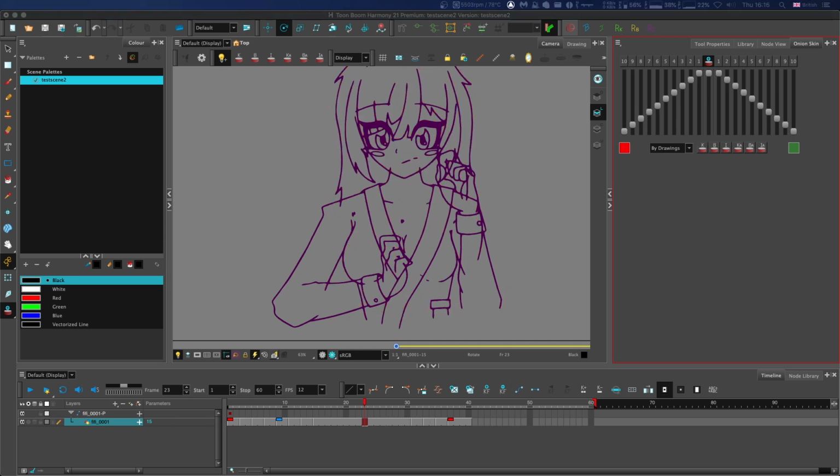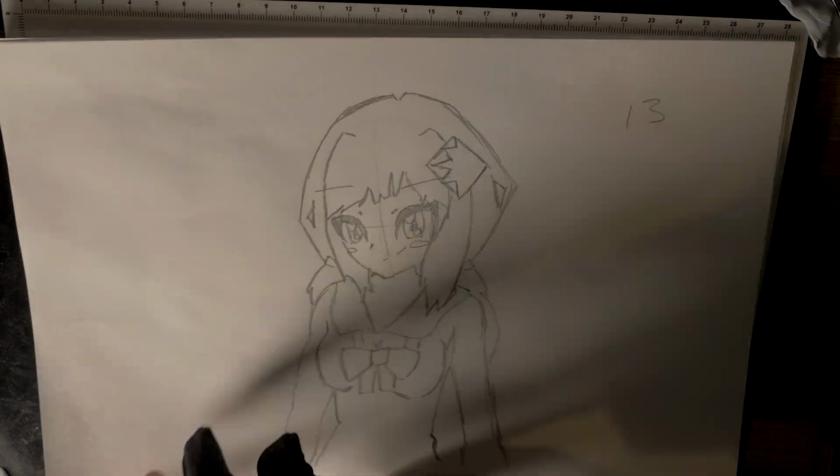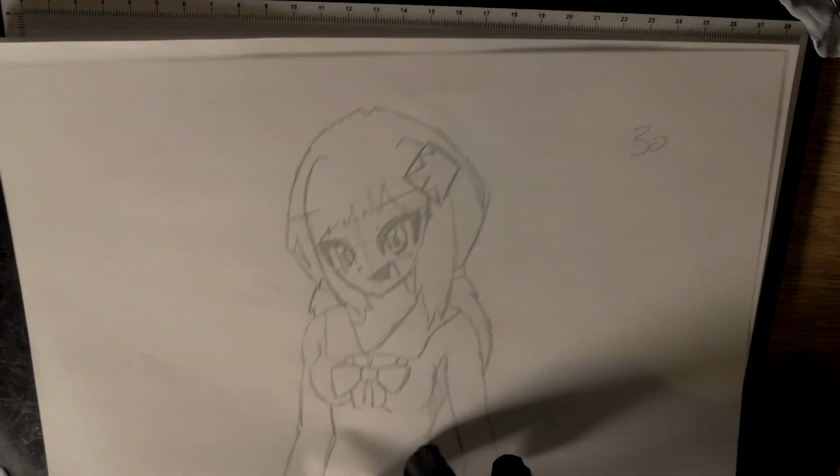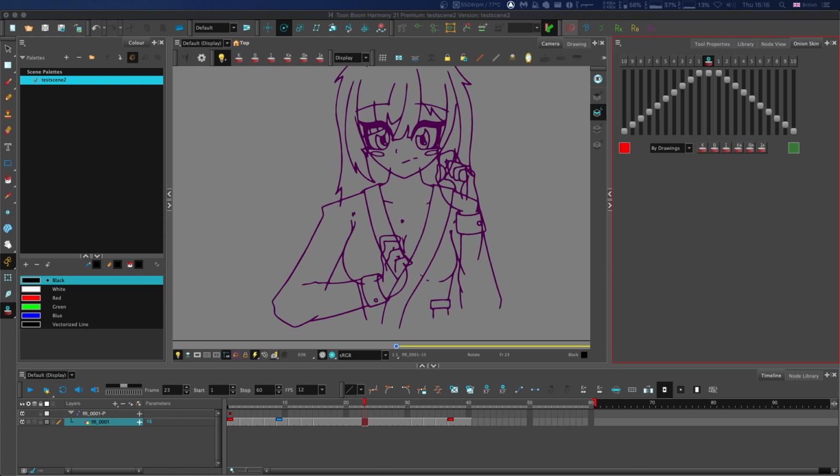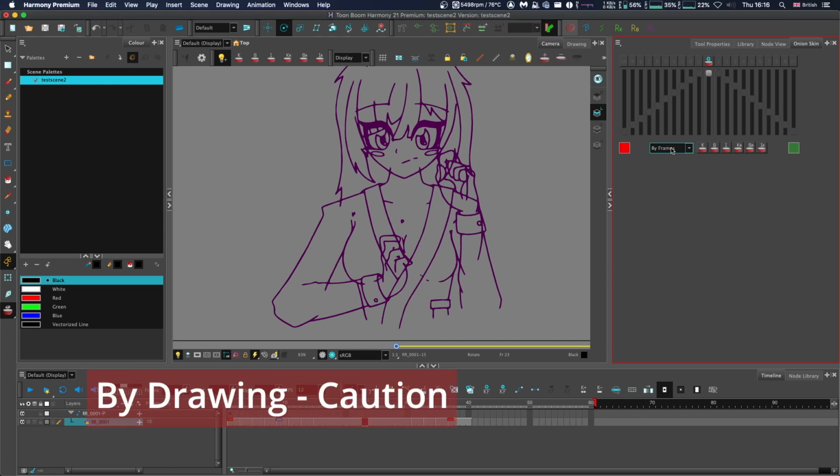If you're having trouble wrapping your head around this, imagine you were working traditionally. If you want to see the last key drawing, you don't have to put every other piece of paper on beforehand, you can just place that single key drawing on. That's why the Advanced Onion Skin gives you the ability to do so. This option also works within both the Standard and the Advanced Onion Skin modes.